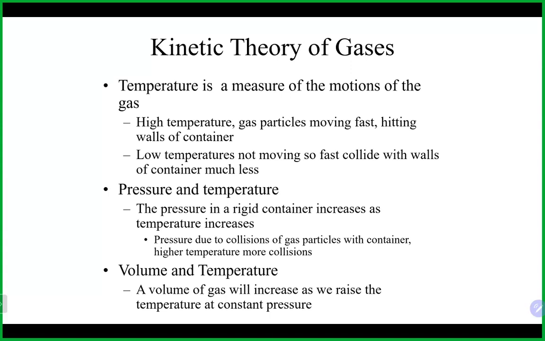Volume and temperature, remember that's Charles' law, and that is how it is able to keep constant pressure: the volume will adjust. And again, as the temperature increases, the volume gets larger, which allows everybody more room to fly around in, keeps the number of collisions relatively constant and the pressure constant, and vice versa. If you lower the temperature, everybody's flying around slower,